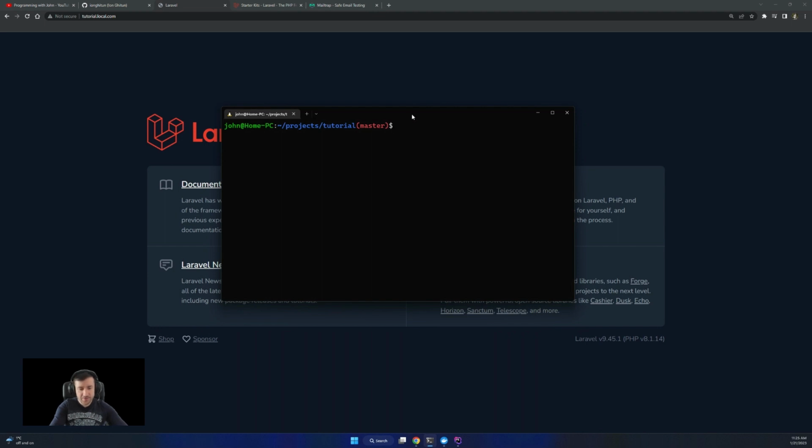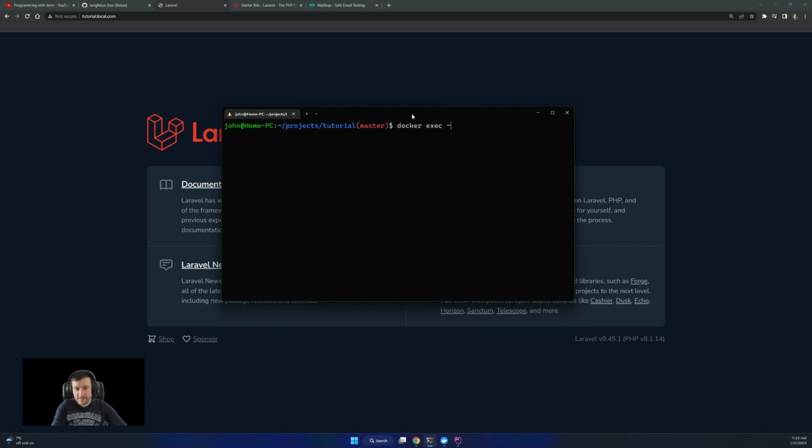Well, an option will be to pull the latest image that we use and rebuild the container. So we can do this with 8.1 and fpm, and this will pull the latest image, and after that we rebuild. But we can also exec into the container